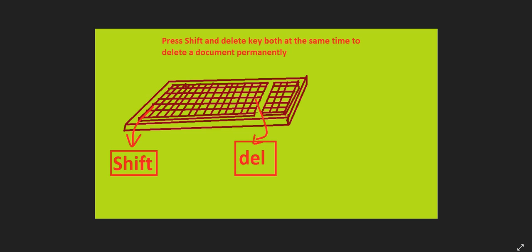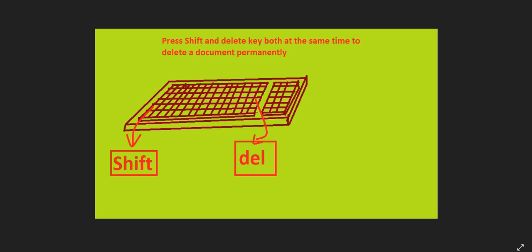Now, if I want to make a permanent deletion of a particular document from your computer, then select the document, and press shift and delete at the same time. Sorry, it will not go to the recycle bin, it will be permanently deleted from your system. Means select the document, then press shift, and while keeping the shift button pressed,